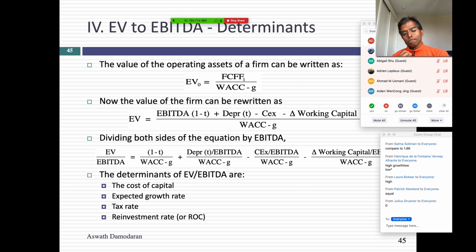A low tax rate and a high growth. And you want low tax rate, high growth, and what return on capital? Low. Low or high? Oh, the cost of capital low. But return on capital high. So you want a company with low EV to EBITDA, low tax rate, because a high tax rate will explain away the low EV to EBITDA. So you want low tax rate, you want high growth, low cost of capital, and a high return on capital.